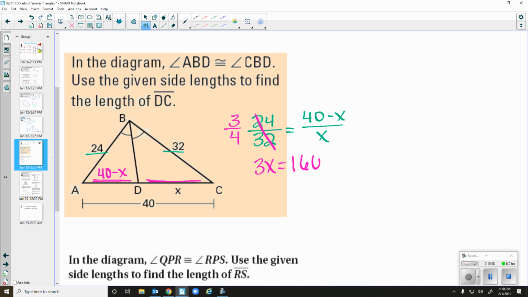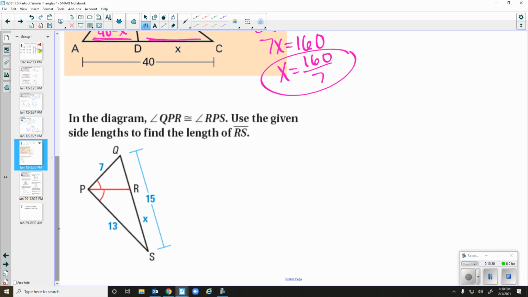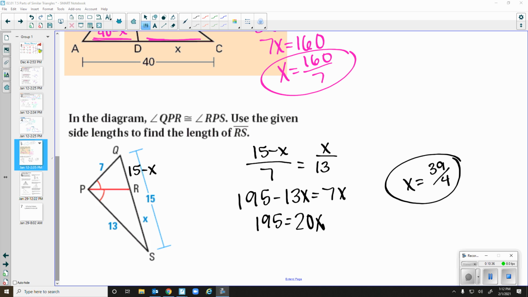3x, and then 160 minus 4x. 160 doesn't divide by 7, so we're just going to put it. You okay with that? Alright. So then, y'all do the last one. Wonderful. Okay, that's it. For our notes, for the stuff y'all were